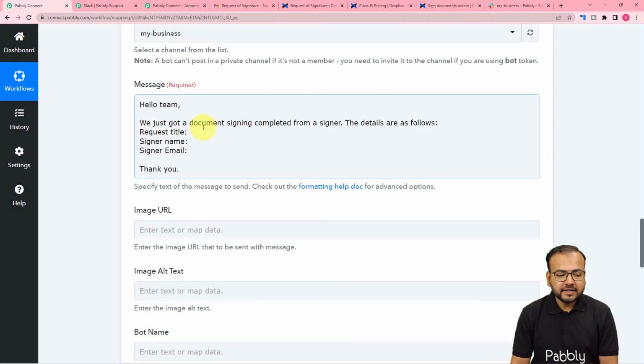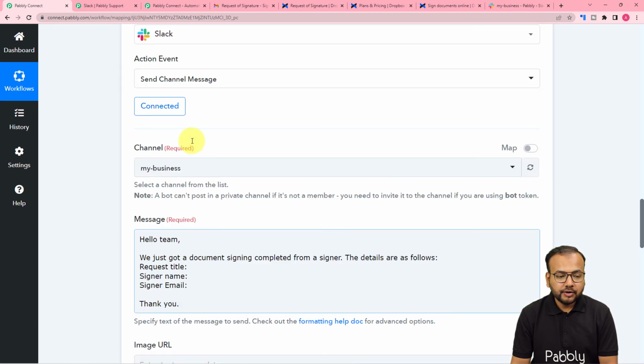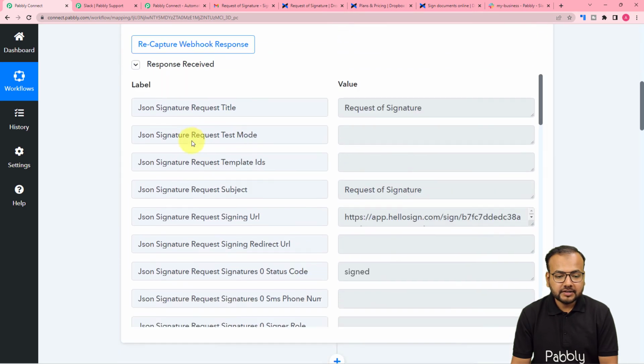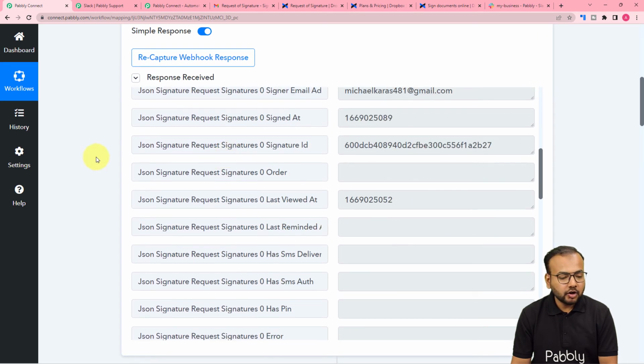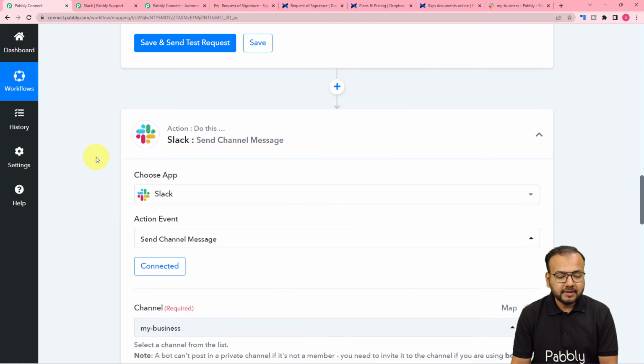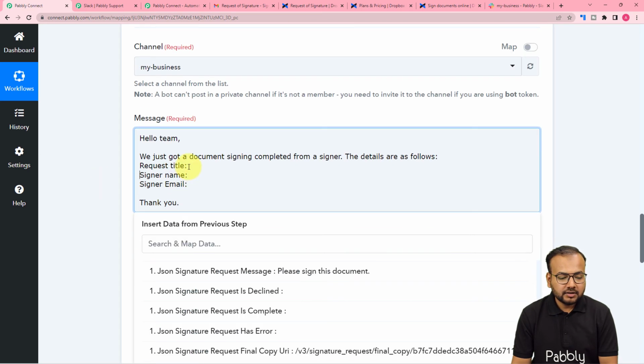So I have typed this message for my team. Hello team, we just got a document signing completed from a signer. The details are as follows, and here I want to share with my team the request title of the document, the signer's name and the signer's email. So we are going to map this data from the trigger step where we have captured the data about the document signing. To map the data here, you just have to click here on this message like this,